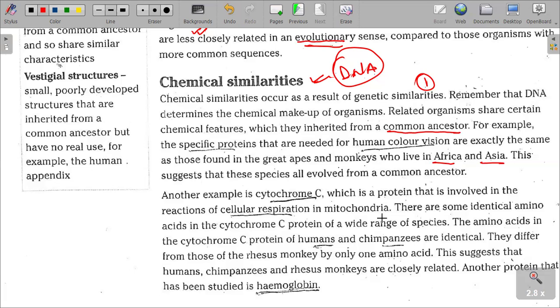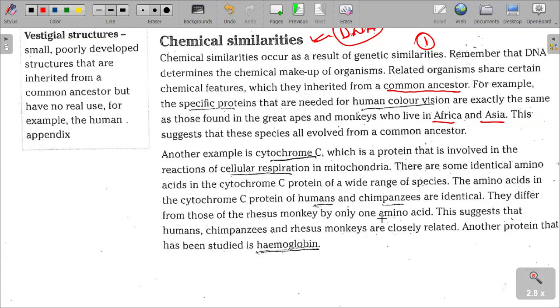We have another example, cytochrome C, which is a protein involved